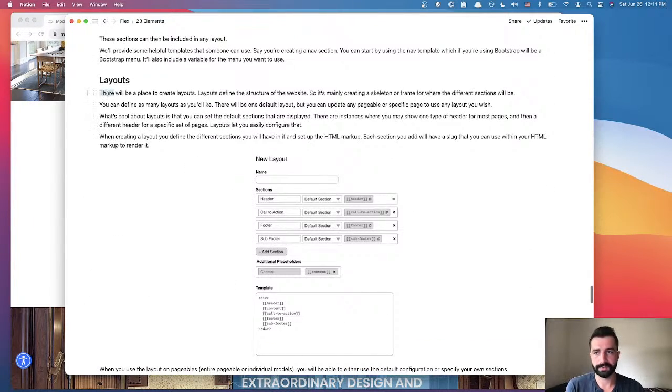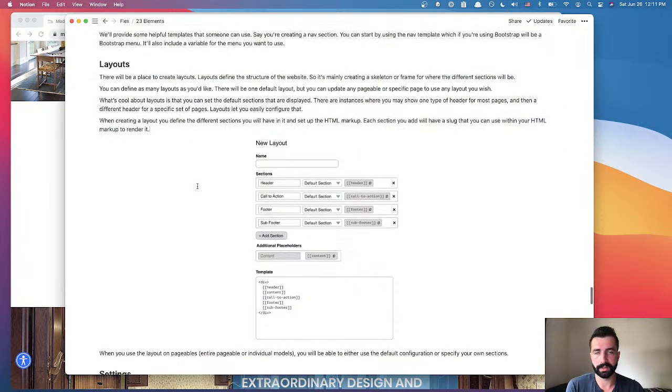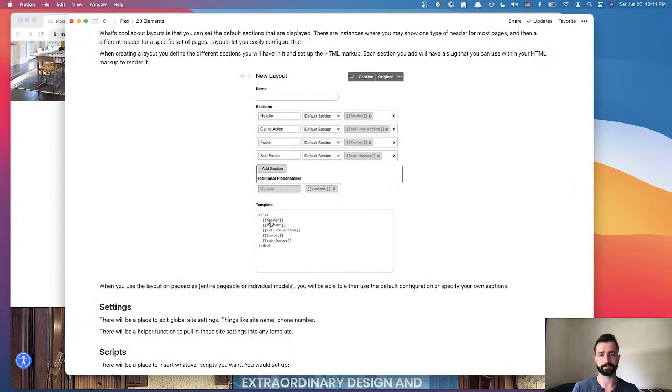So layouts. We're going to allow the developer to create the layout that they want to create. A lot of times CMS systems will box you into certain layouts, and you're restricted in how you're displaying your page. But with layouts, you can build any layout that you want to build, and you just create the markup for it.